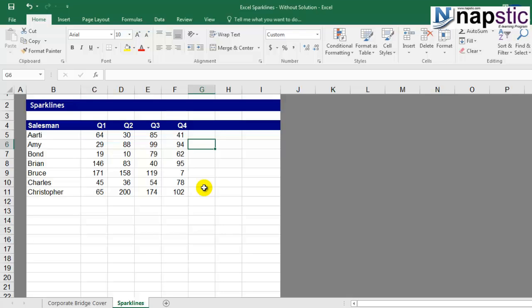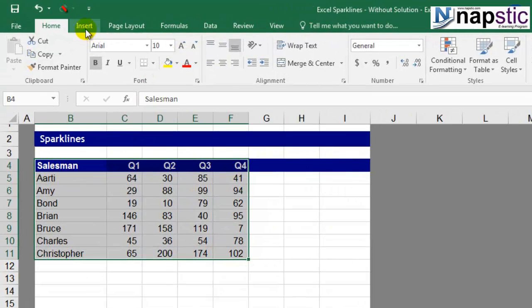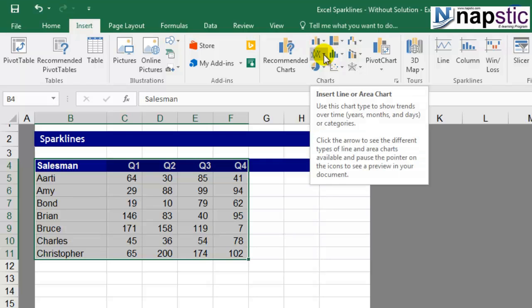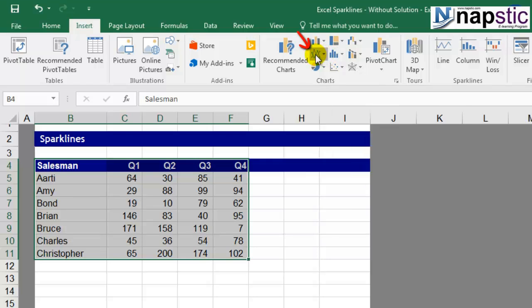But rather than doing it mathematically, such kind of data can be analyzed very effectively if we have a graphical representation of the same. Okay, so what we can do, number one, is create a line chart. In order to create a line chart, what you need to do is select the range of data wherein you want to create a line chart. So you need to select the data, select the range, go to the Insert tab, and under Insert tab here you have the option of inserting a line chart or an area chart.